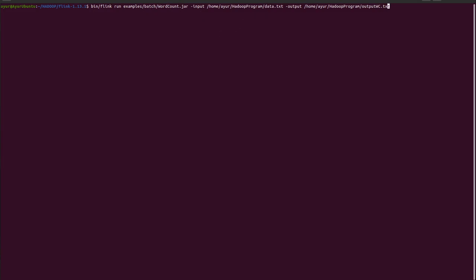I have changed the directory over here. It is present inside this Flink directory, and we'll specify the output directory. We cannot mention the same name because this file already exists, so I will just write 2 over here, output wordcount2.txt, and hit enter.